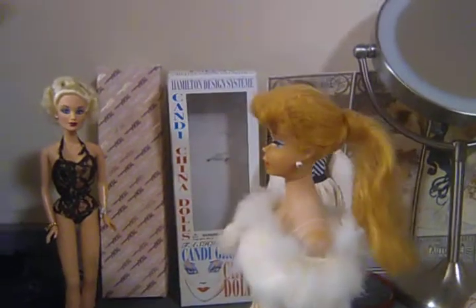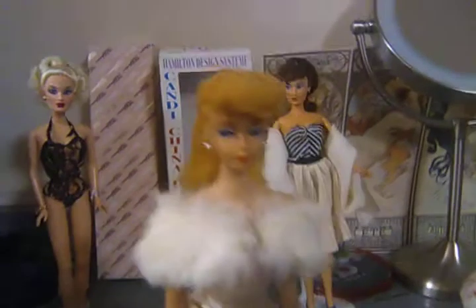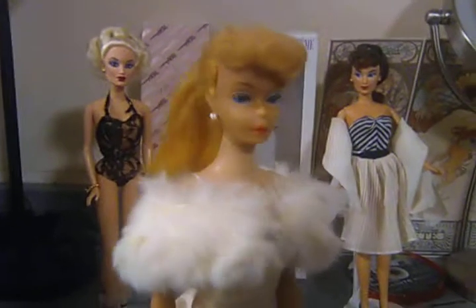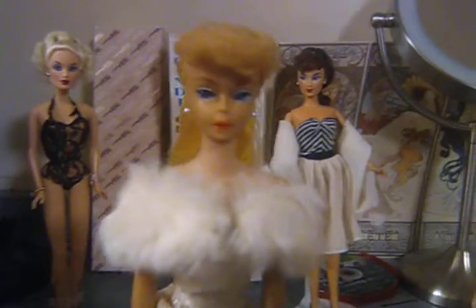Now, according to the description, she has the scripture on her booty, because the vintage Barbies had scriptures on their booty, which I think was a sign of originality, to show that these were the original, because the newer ones have it more on their mid backs. It said Barbie Midge. So I guess this is like a Midge Barbie, so it looks like Barbie, but it's Midge or something. I don't know. But to me, it's basically a Barbie. It looks like a Barbie because Midge's face sculpt is much different. And speaking of Midge,